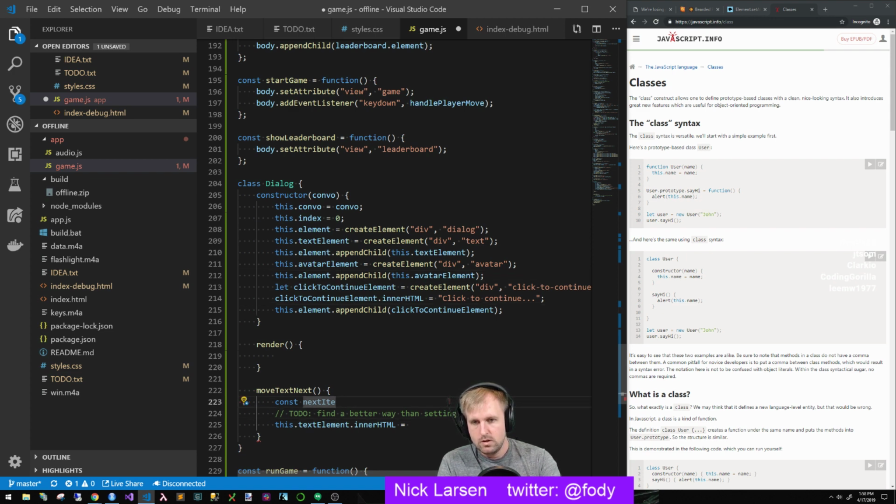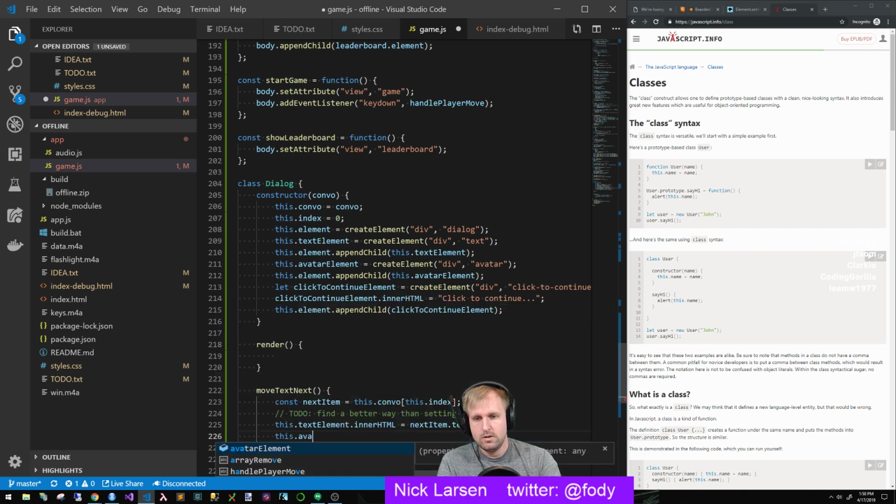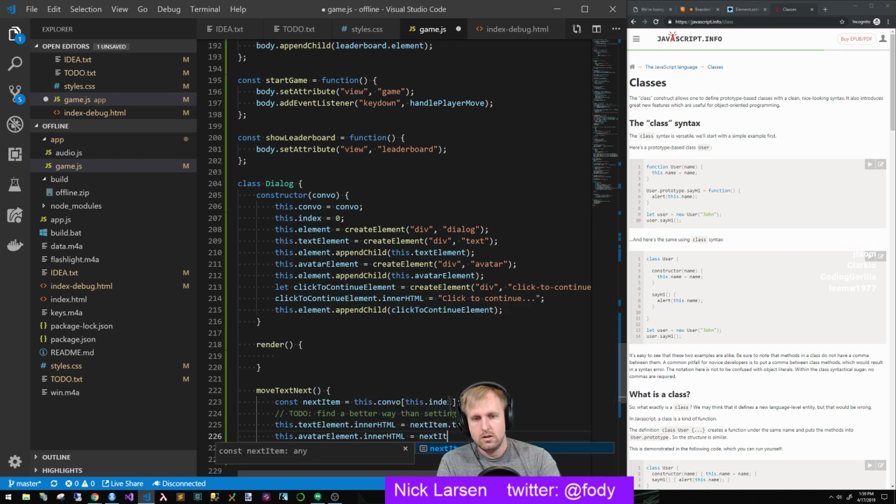Move text next. Okay, const nextItem equals this.convo[this.index]. And then we want to say the innerHTML equals nextItem.text and this.avatarElement.innerHTML equals nextItem.avatar. Okay. So we set the innerHTML, we set the avatar,